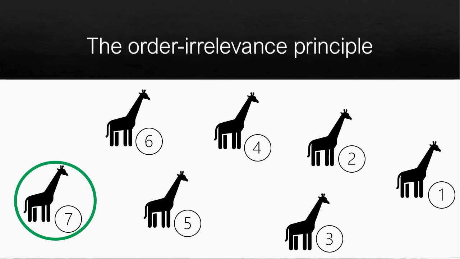The total number of giraffes in this group is 7. There's that cardinal principle in action. I had the one-to-one correspondence, the one-to-one principle, as I counted, and that stable order principle. I'm illustrating the order-irrelevance principle here because although I haven't counted these giraffes in the same order, the total number